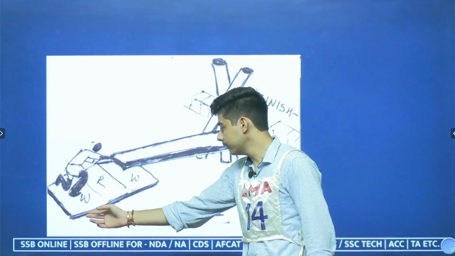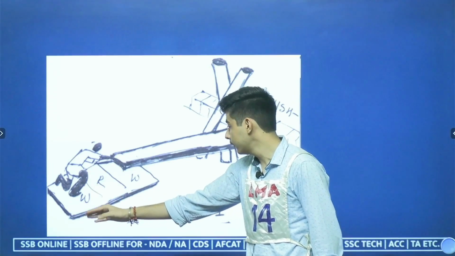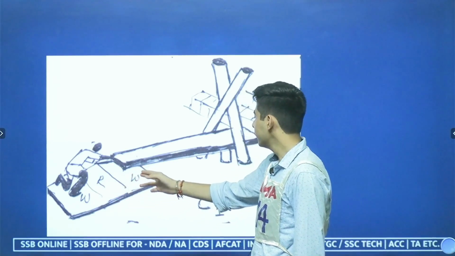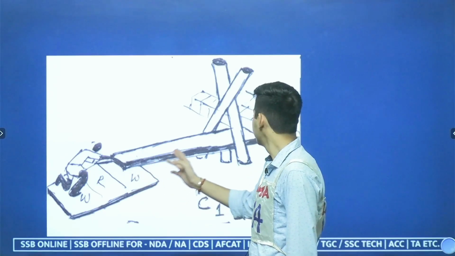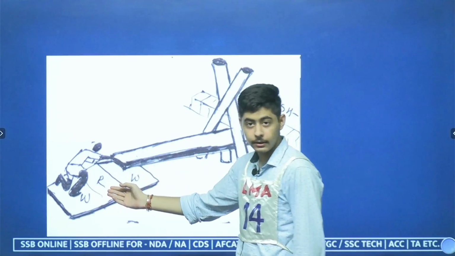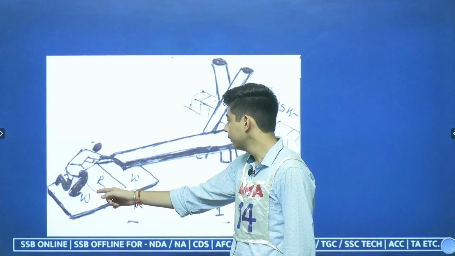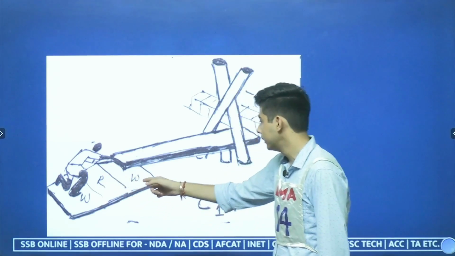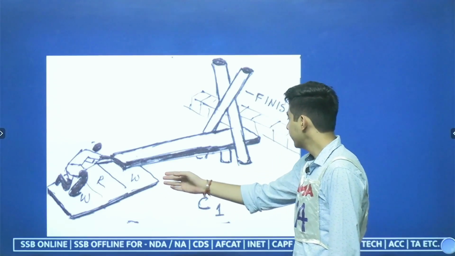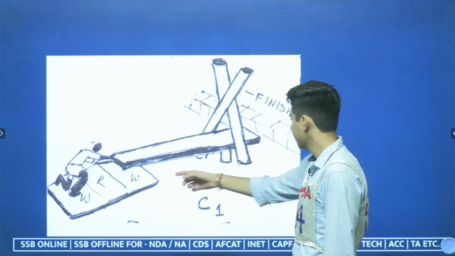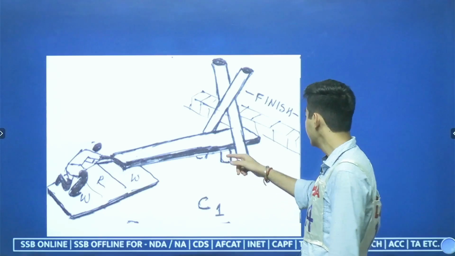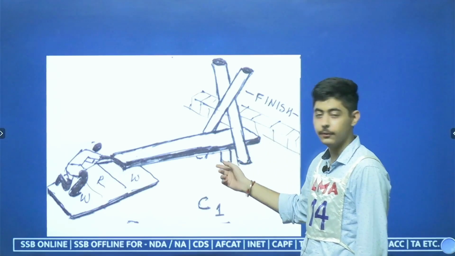As the candidate reaches the white color on one side of this wooden plank or ground, whatever it can be called, he would place the plank on the other white color strip so that the candidate could move forward. Here the point to be careful about is that red color is mentioned, so the candidate is trying his best not to step on that color and is directly placing the plank on the third strip. After placing it, we can see that the candidate has placed the plank on this white color and the other side on this small pole which is fixed on the ground, so that a direct bridge could be formed for the finish line.